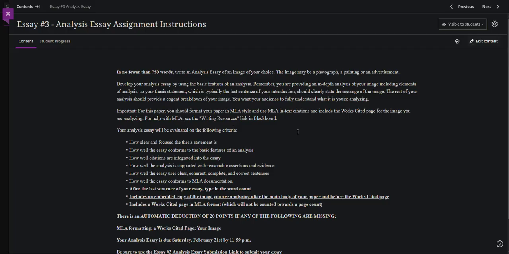Let's see how well you conform to MLA documentation. Again, important because this is a class that's introducing the different types of essays you might be writing, and formatting is way more important than you think. I know that there's a big brouhaha right now about nobody caring about the content because they're just looking at my format. Not true. Your content is important, but again, if your formatting is perfect or near perfect, it goes